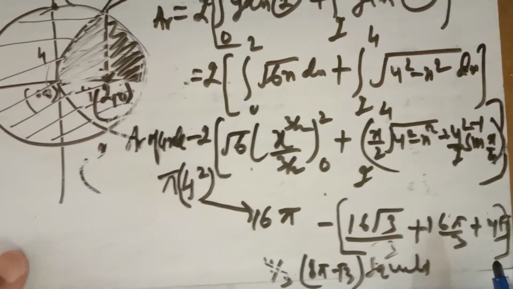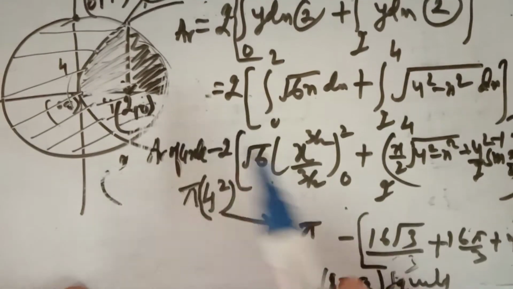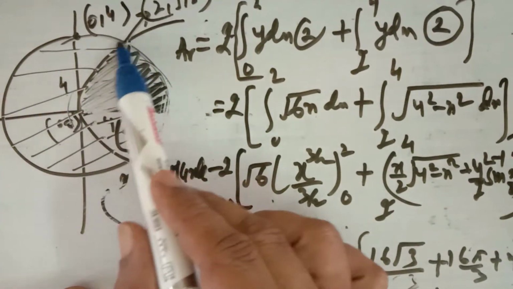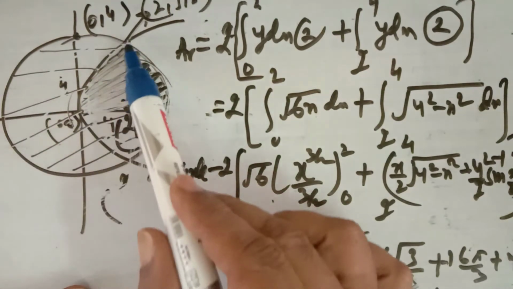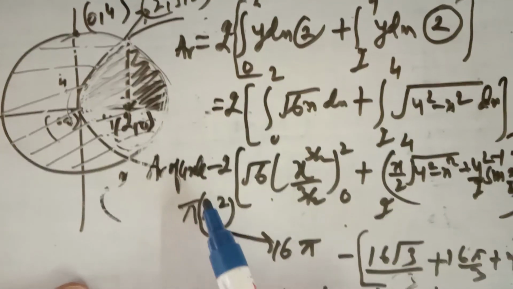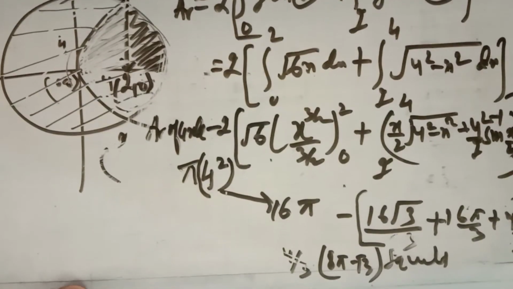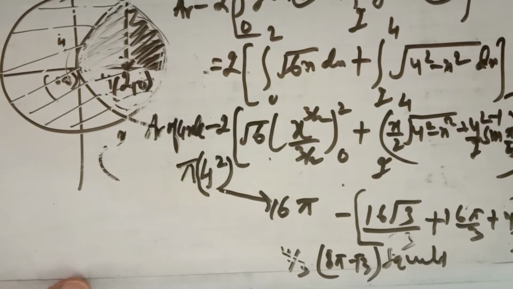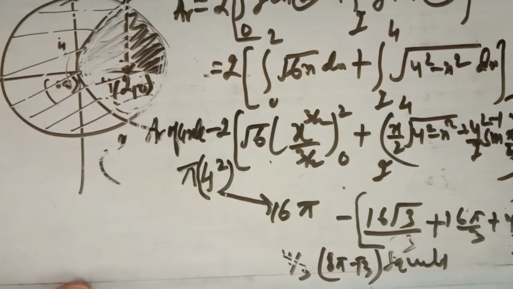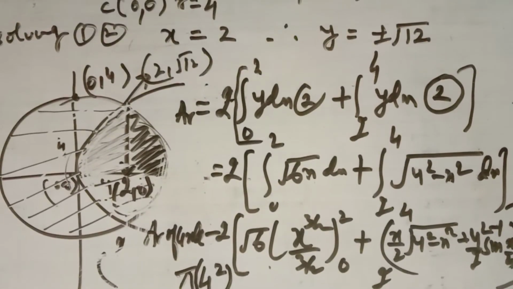Yes, this is a mistake I've done, so be very careful. Read the question carefully. You have to find the area bounded by the curve in the exterior of the parabola. This area you have to find. What I've done, I find this area and subtract from the area of the circle, which is pi r square, and the radius of the circle is 4. So this is the area bounded by these two curves in the exterior of the parabola.